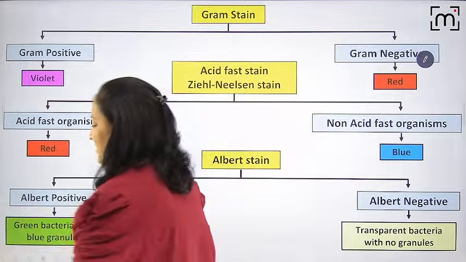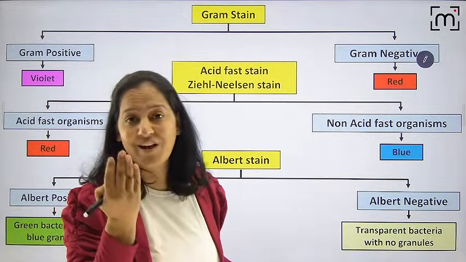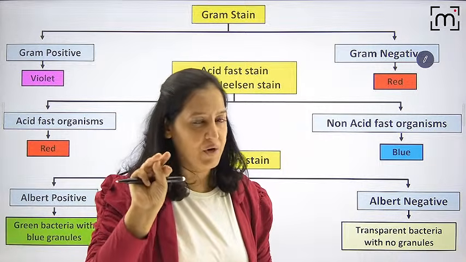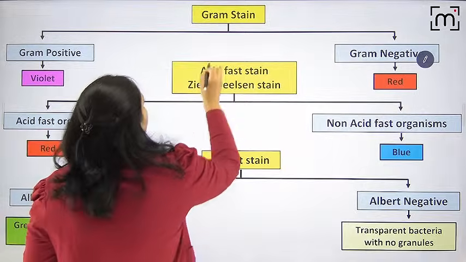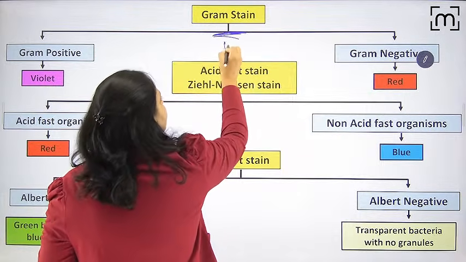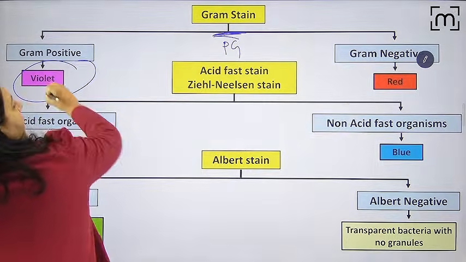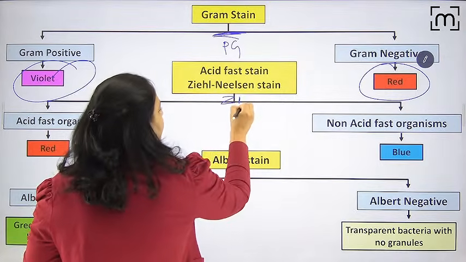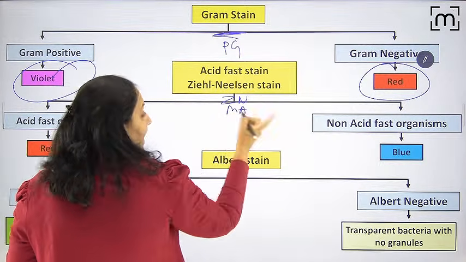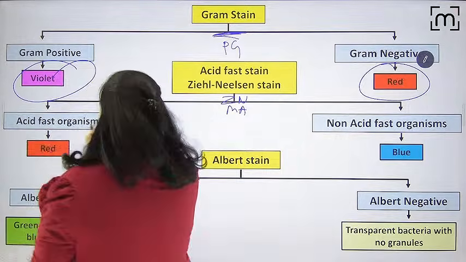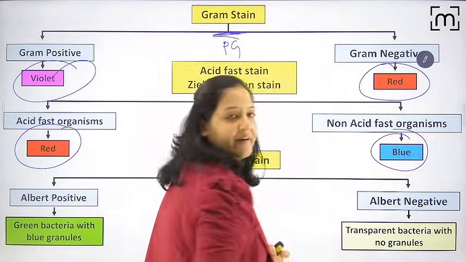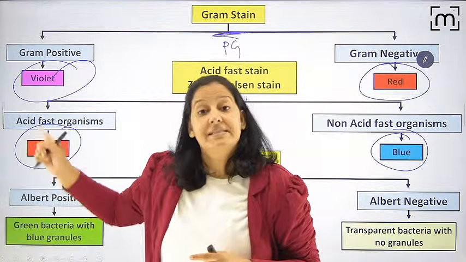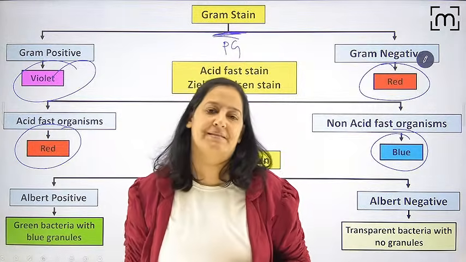So what we have learned till now, people, I'm teaching you differential stain. There are 3 types of differential stain, 2 are done. Third one I will teach you now. First, I told you gram stain. The basis of gram stain is peptidoglycan content. These are gram positive, which are violet. These are gram negative, which are red. The second differential stain is ZN stain. Here the basis is mycolic acid. Mycolic acid present, they are AFB, which are red in color, and non-AFB, which are blue in color. So see the basis.